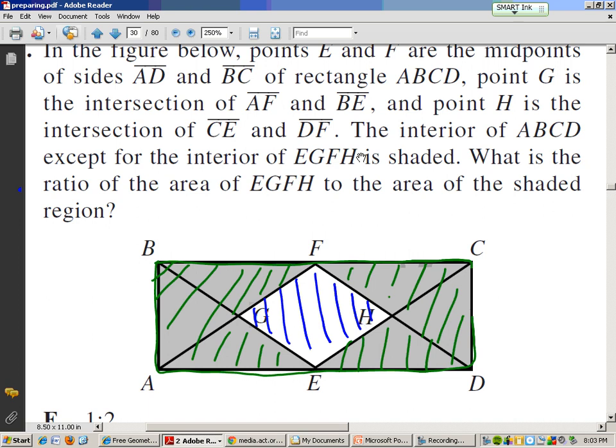Now, what do we know? E and F are midpoints. That's a mid. That's a mid, okay. G is the intersection of AF and BE. Okay. H is the intersection of CE and DF. Okay. The interior of ABCD, except for the interior of EFGH, is shaded. What is the area? Okay, so